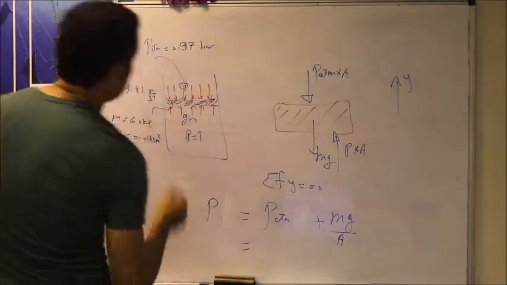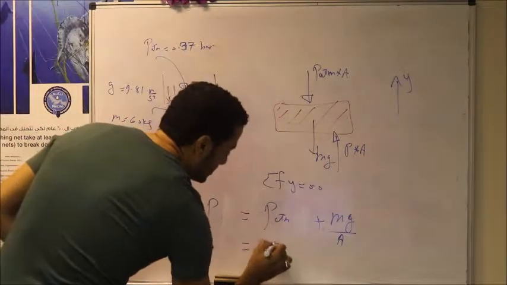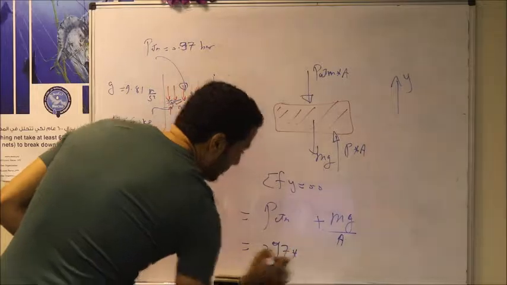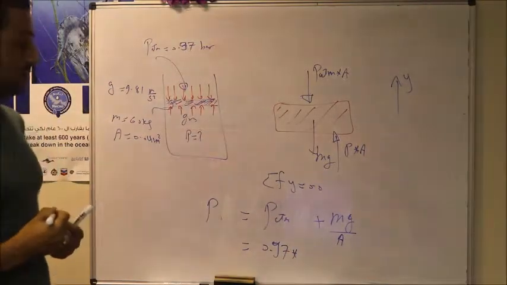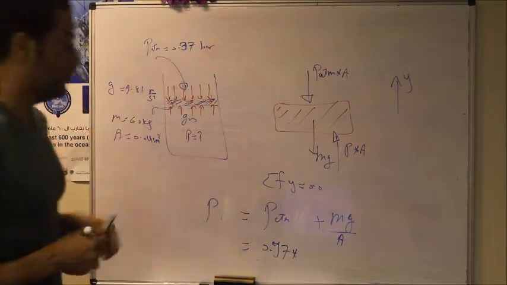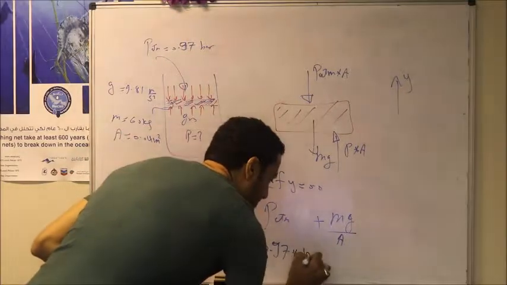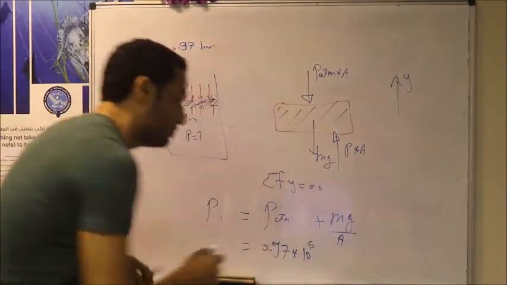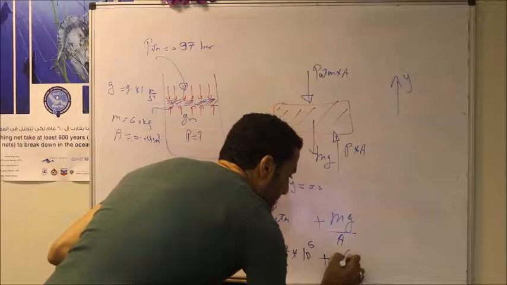The atmospheric pressure is given here as 0.97 bar. We have to convert it to the SI unit, which is Pascal. We have 1 bar equal to 10 to the power 5 Pascal, so we have to multiply by 10 to the power 5, plus the mass,